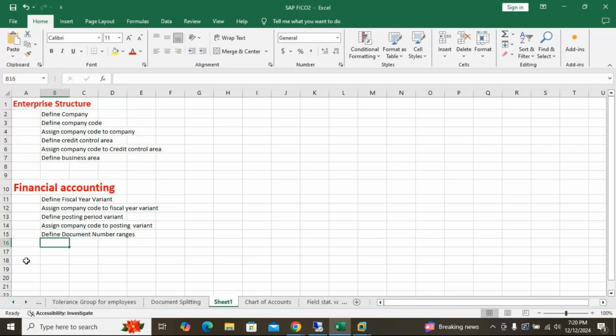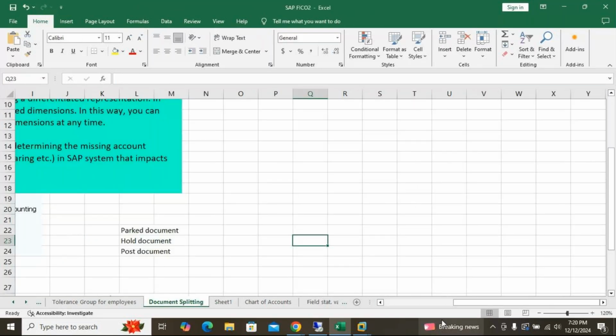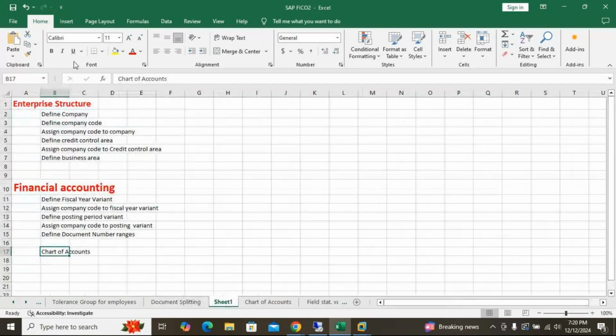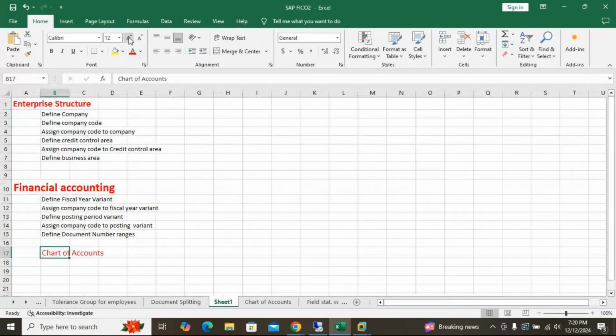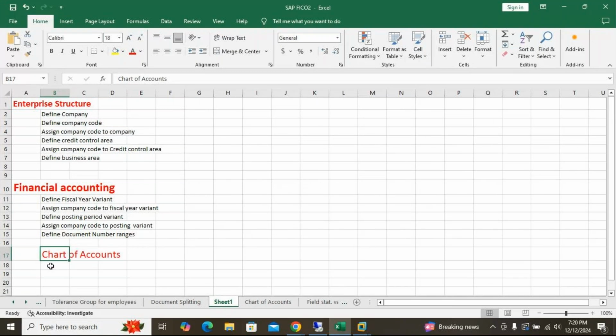Today what we did: chart of accounts. In the chart of accounts, what all we did, I'll make it green.